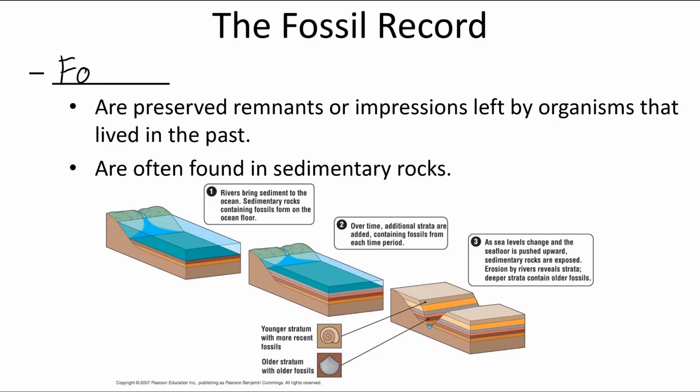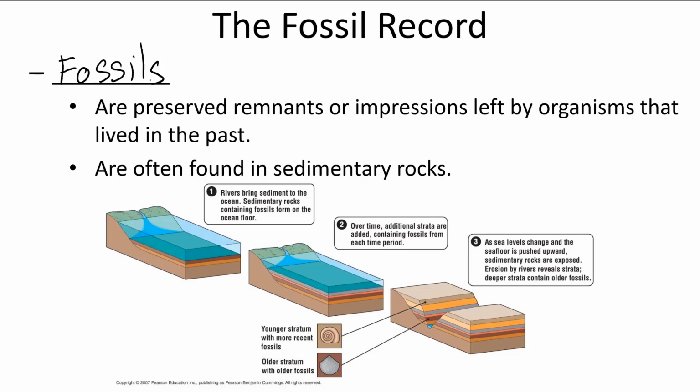Fossils are preserved remnants or impressions left by organisms that lived in the past. Now, these are most often found in sedimentary rocks, and sedimentary rocks are usually formed within some sort of water basin, whether it's a lake, pond, or even ocean. As rain happens, it will erode rocks and soil and other materials on land, carrying those materials into these basins, often filled with water, and included within that might be organisms that had lived on land or the organisms that are currently living in that water basin.